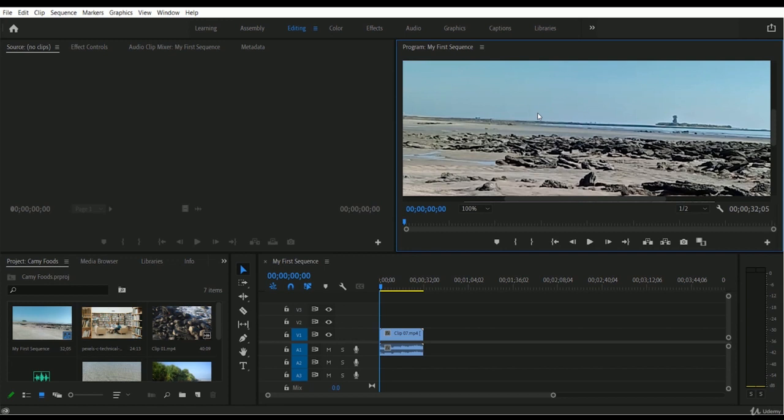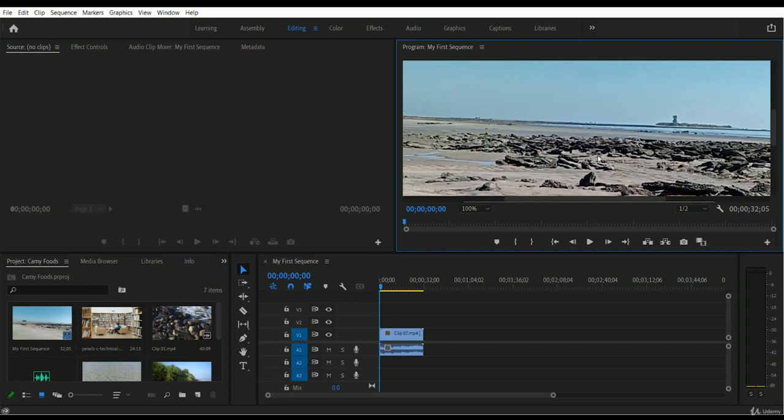Like you want to move it up, down, left or right. But with the selection tool you cannot move this scenario left or right, top or bottom, nowhere. So for moving this image inside the program monitor, you have to